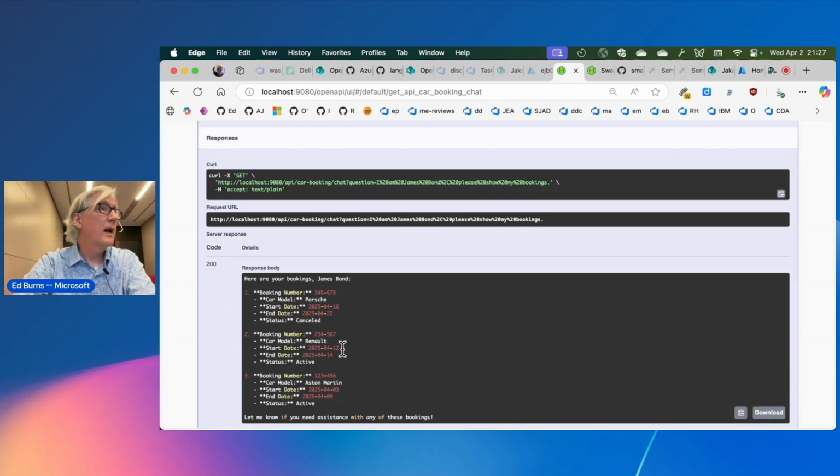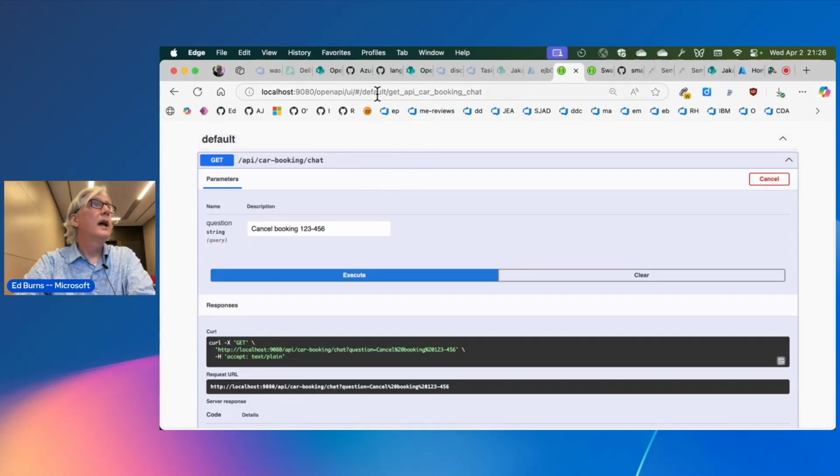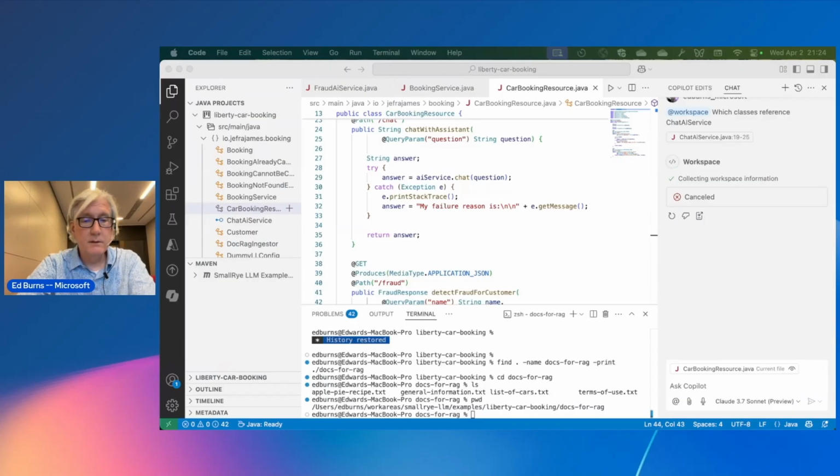Okay, and the start date is in the future a little bit, and the end date is a little bit more in the future. So it's active, not canceled. So let's see if we can cancel it here. Cancel booking 345-678. Period. All right.